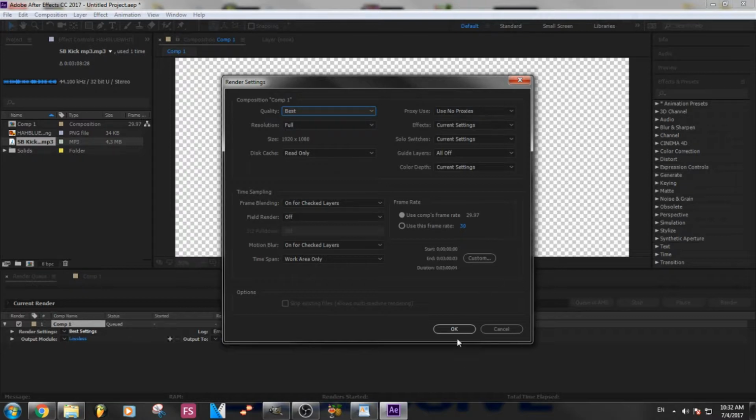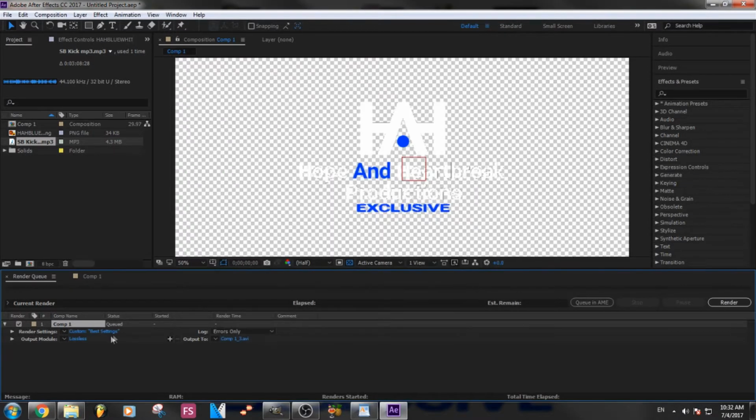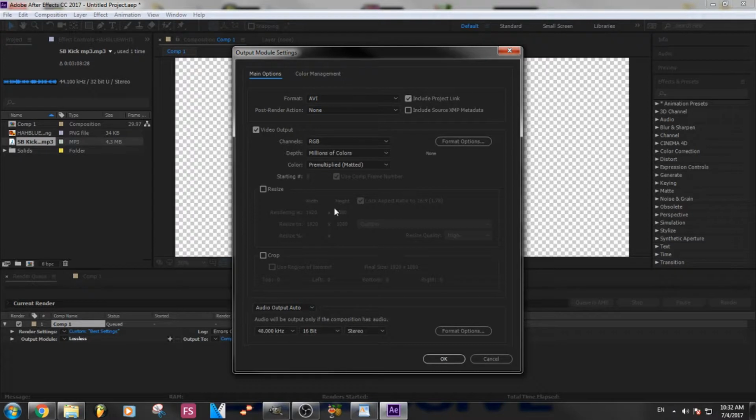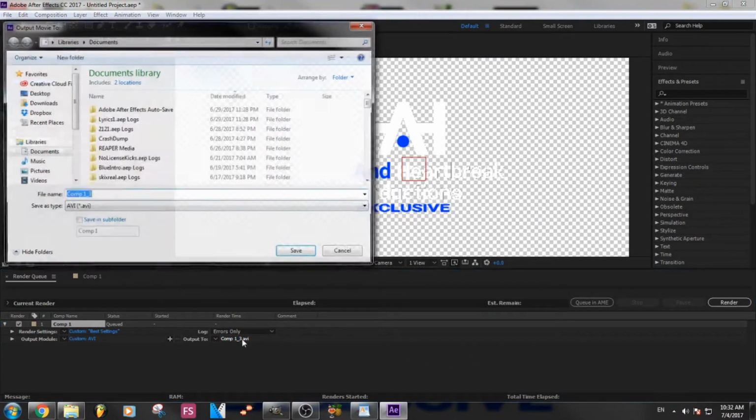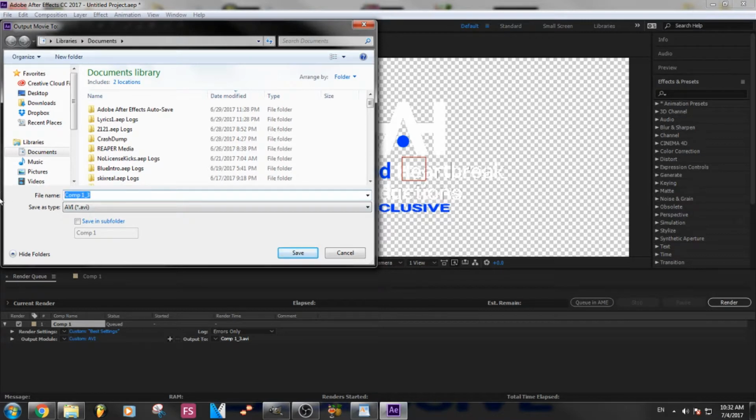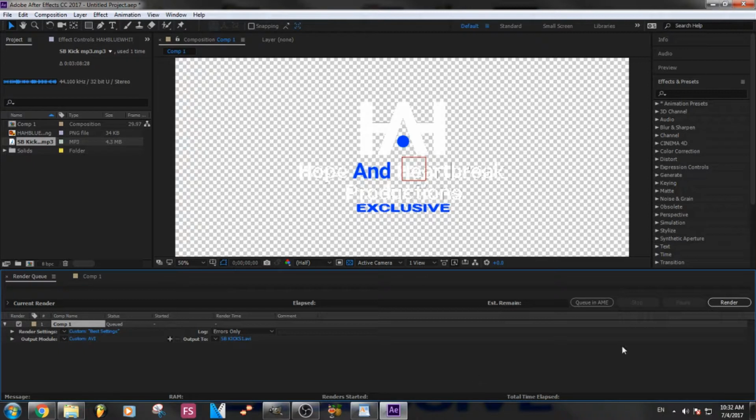Now I just click on this in best settings and save it. So for this is the output module. What you're going to want to do is do RGB plus alpha for your channels and AVI format. What you're then going to do is turn your audio output off. Click OK. Save your output to, let's just do SB Kicks 1 in documents, and you're going to,